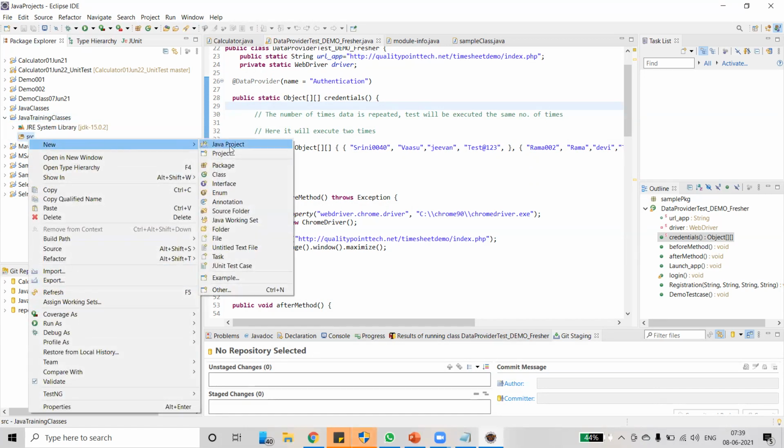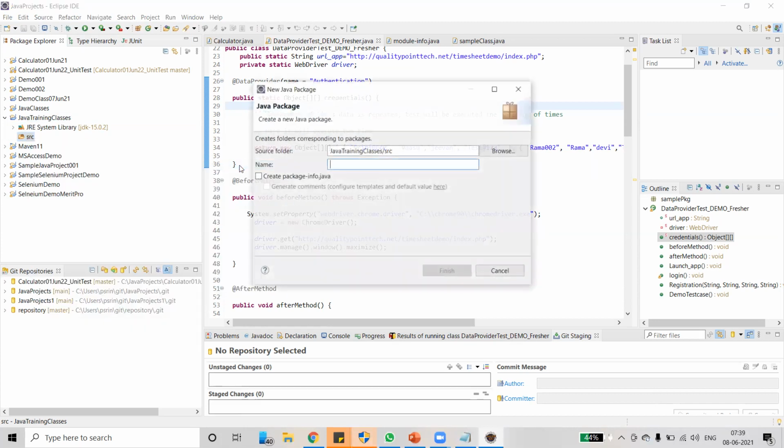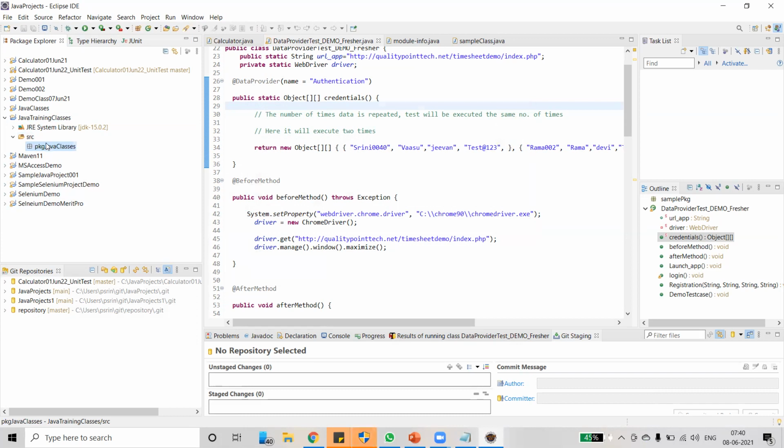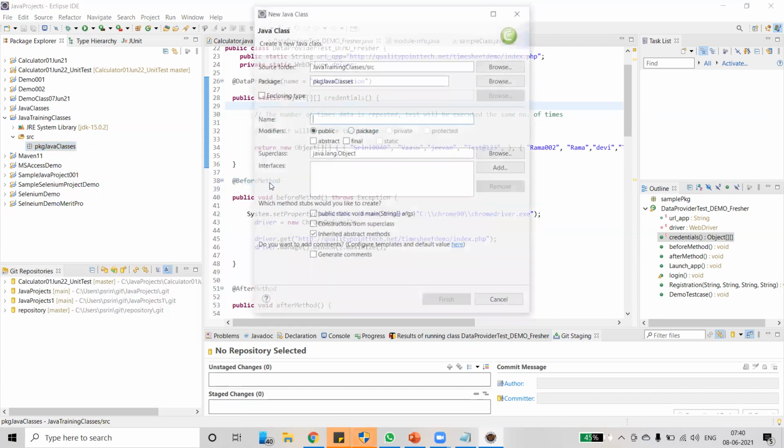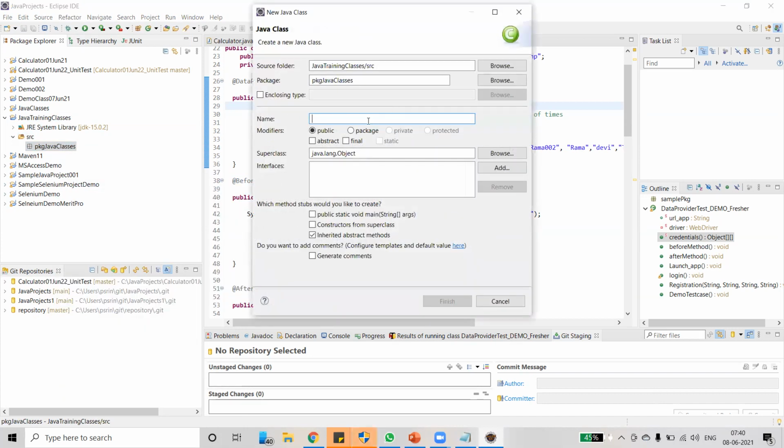You can create a new package. I'll explain what a package is later. So this is a package. Finish. So it's an empty package. I just want to create a class. Please remember the steps. I'm just going to create a class here. What is a class actually? You can create a class name called